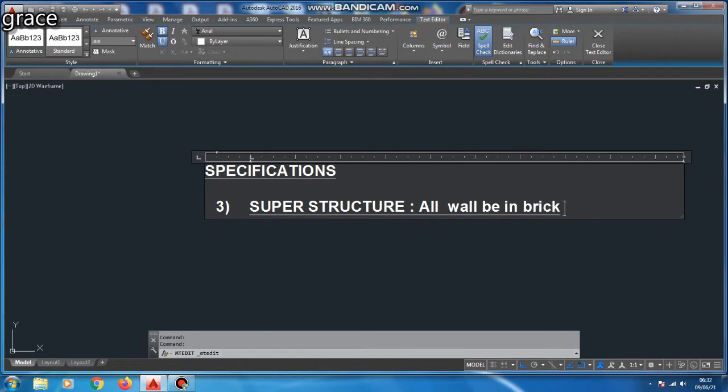For the superstructure, all walls will be in brickwork in cement mortar, the ratio is 1:5.